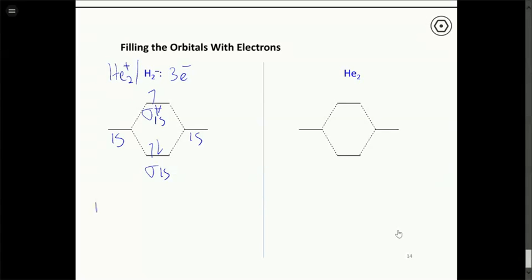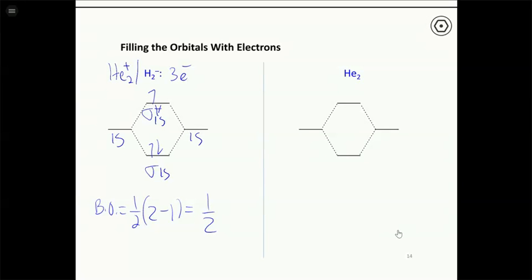So the bond order here then is going to be 1/2. We have 2 electrons in the bonding orbital. We have 1 electron now in the anti-bonding orbital, sigma star 1s. And so again, for this one, we predict a bond order of 1/2. So another prediction that results in a 1/2 bond order. And then finally, the configuration for this one would be sigma 1s2, sigma star 1s1. Okay? So if we want to write the configuration out, we have 2 electrons in our sigma 1s, 1 electron in our sigma star. That's how we would write it, just like we do for atomic configurations where we'd have 1s2, 2s2, so on. Okay?